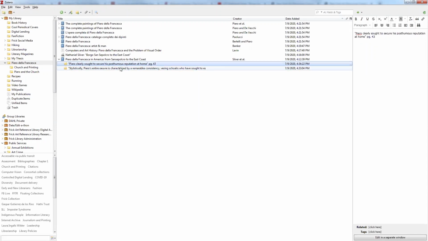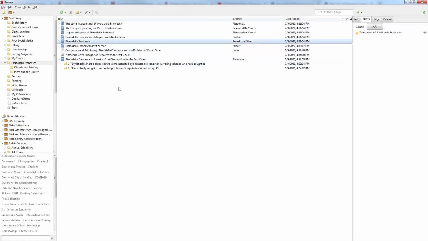Now, if you want to organize your notes in chronological order, which I like to do, all you have to do is type in 1 period. And now that's first. And I can go back and edit this note, type in 2, and it'll be placed chronologically. Guess what? This is a great way to make references for a research paper that you're doing or a